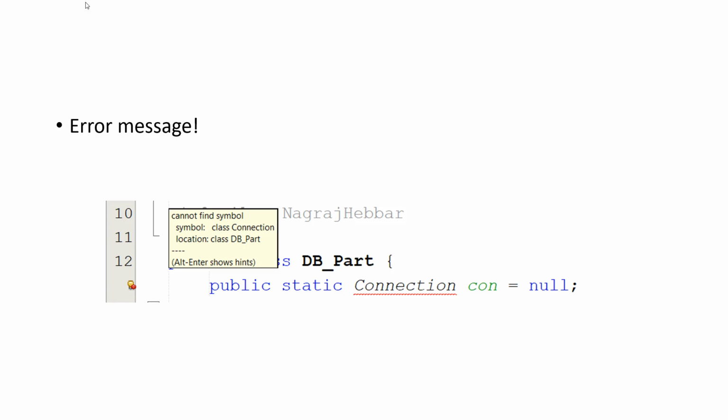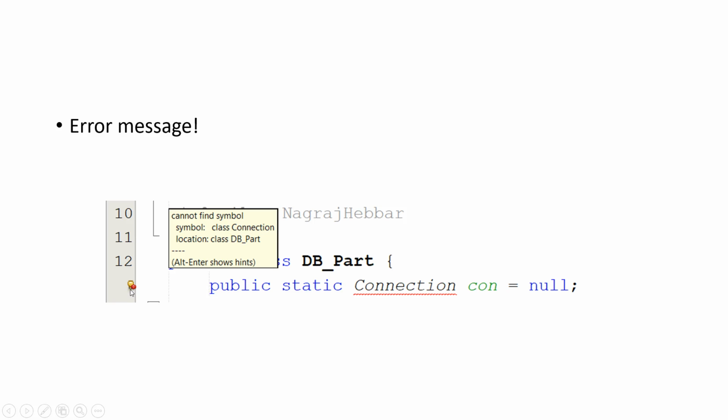While doing so, you cannot execute. It shows some error message. That error is indicated like this. As I told, connection is one such reference variable, which is a class which holds all the related information. Who is the user? What is the password? All that information is contained in this particular virtual database, and it shows the error.